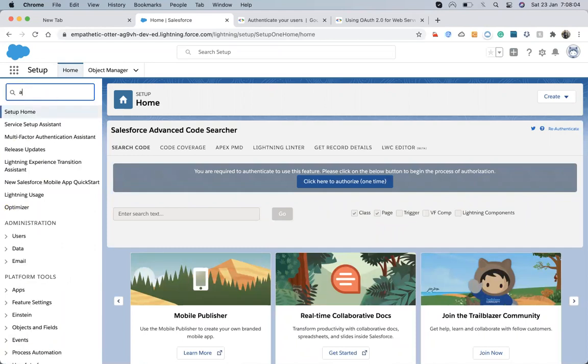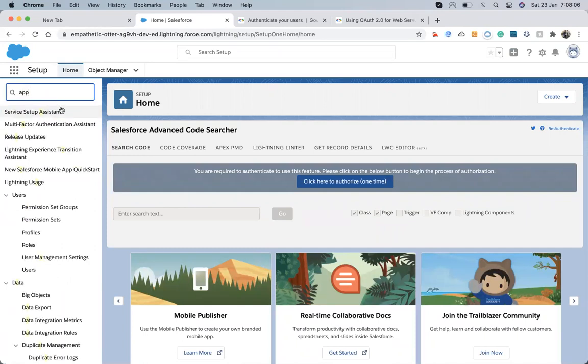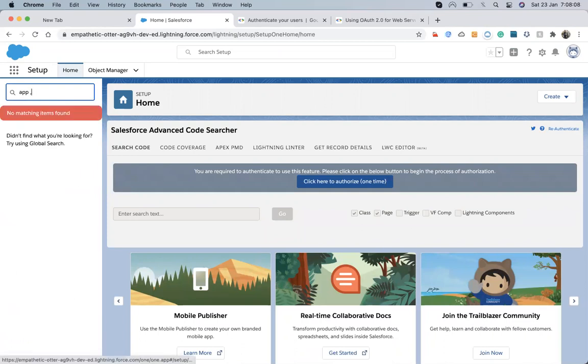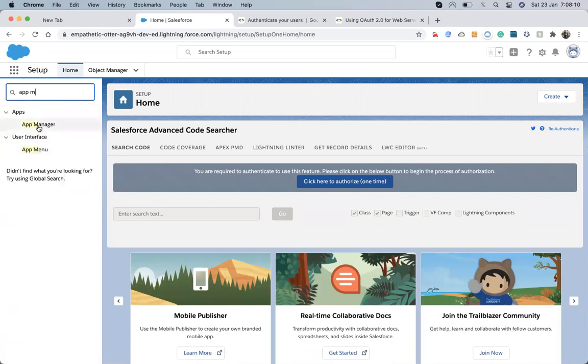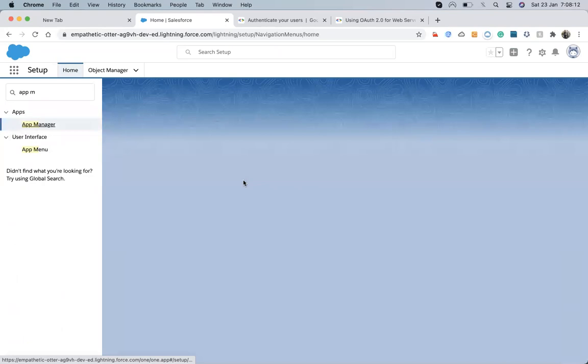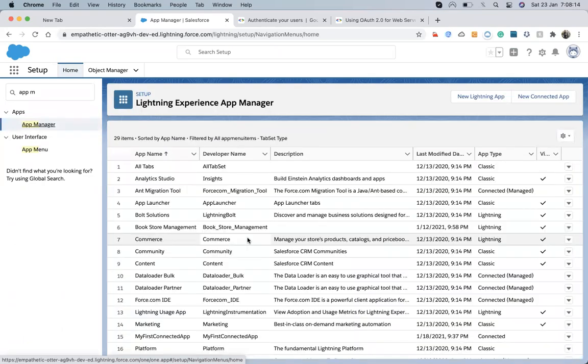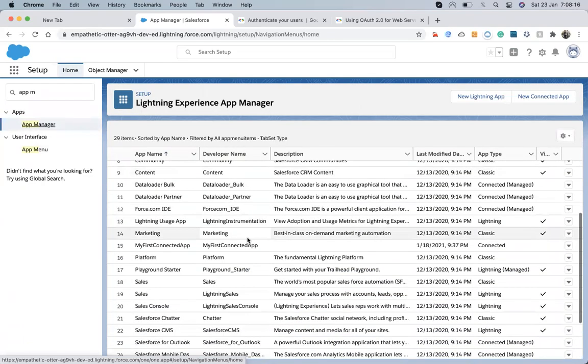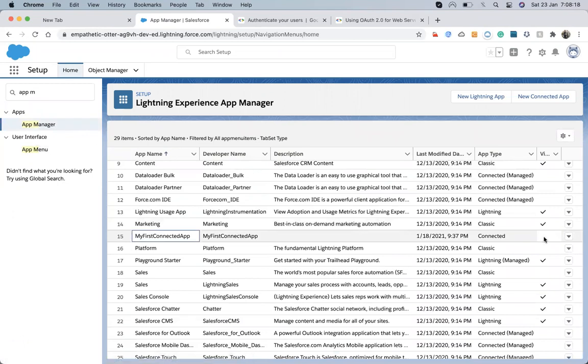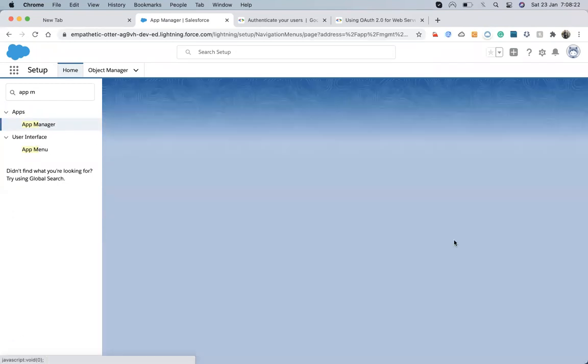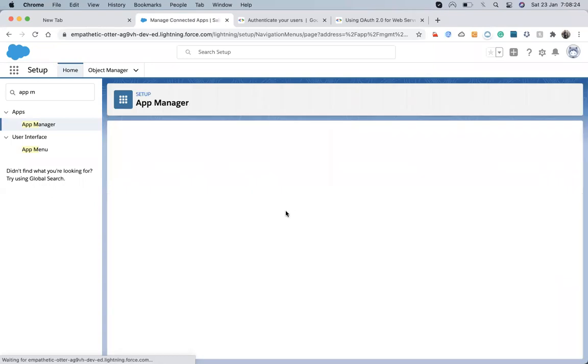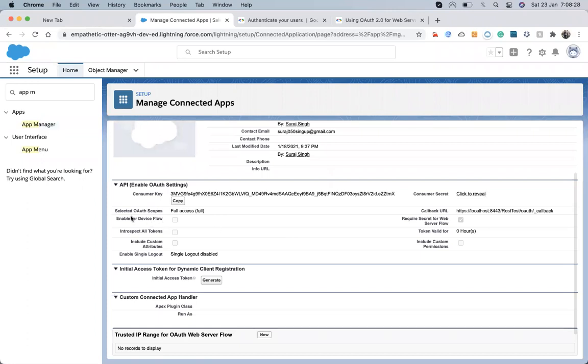So the connected app, in app, and I think our first connected app is this one. Here, auth scopes.